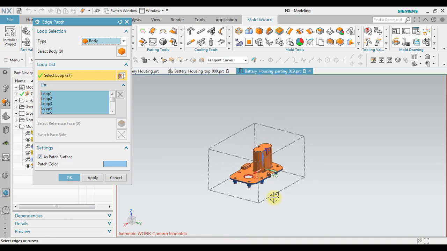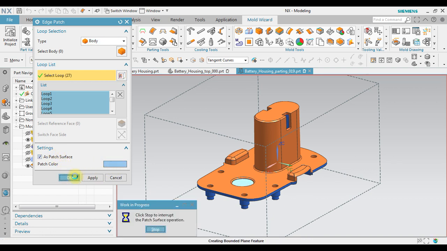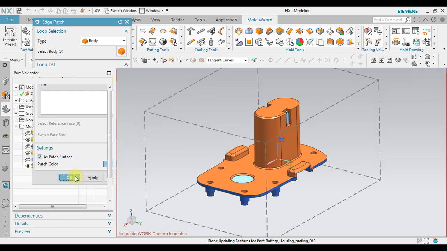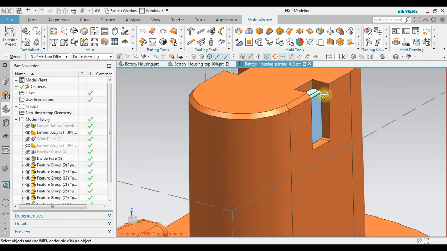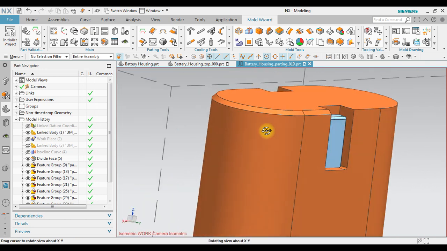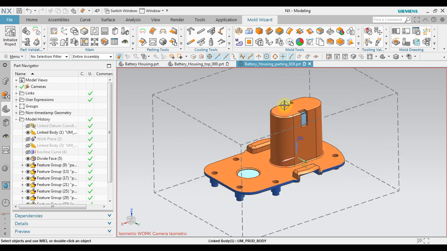Let's see the result. If I click OK, then it will create a patch surface with this color. Click OK. Notice now we have a new surface as a patch surface. To see in more detail where NX already created the patch surface, we can use Patching Navigator.